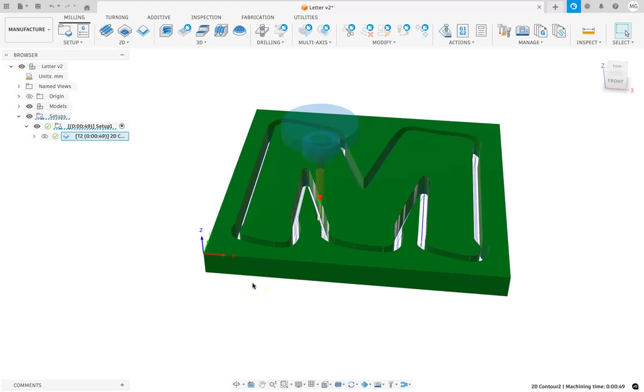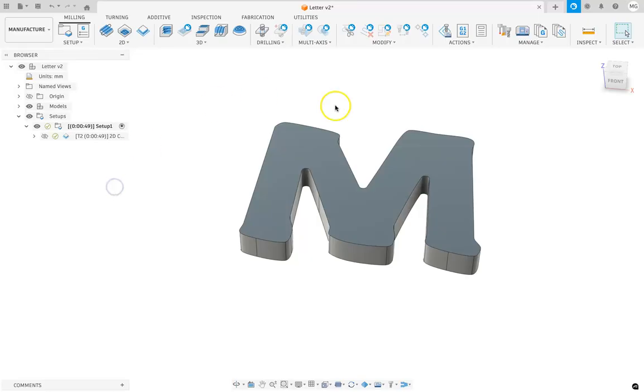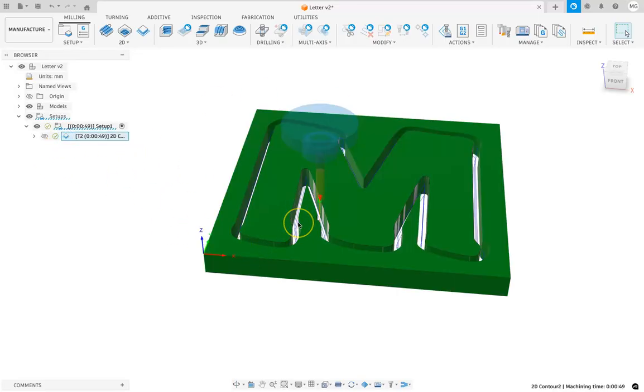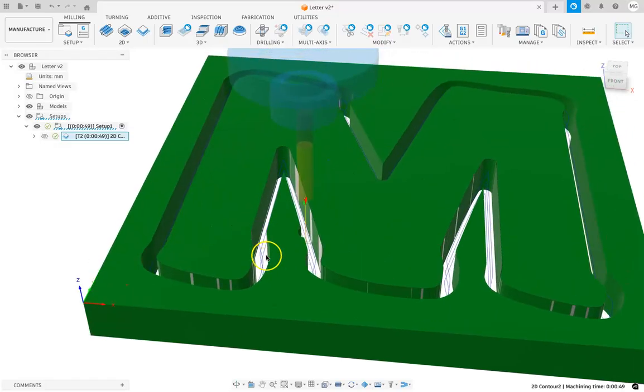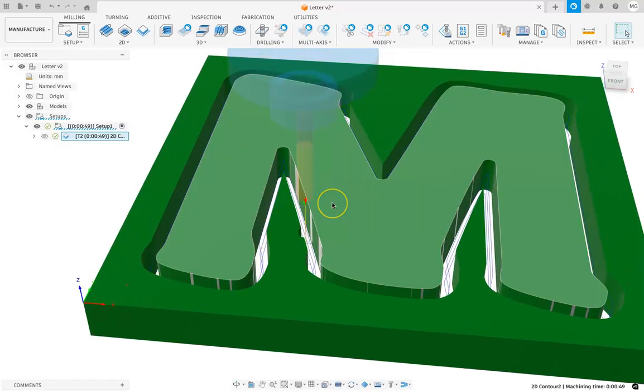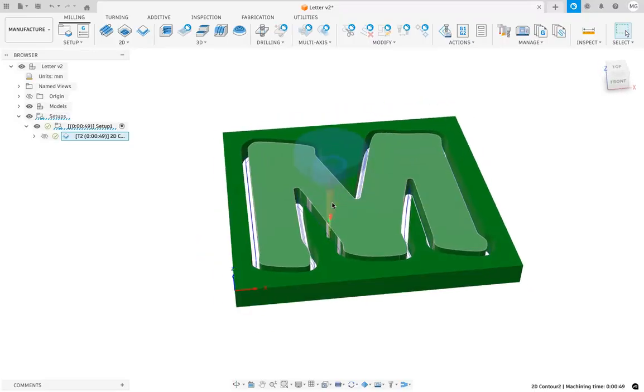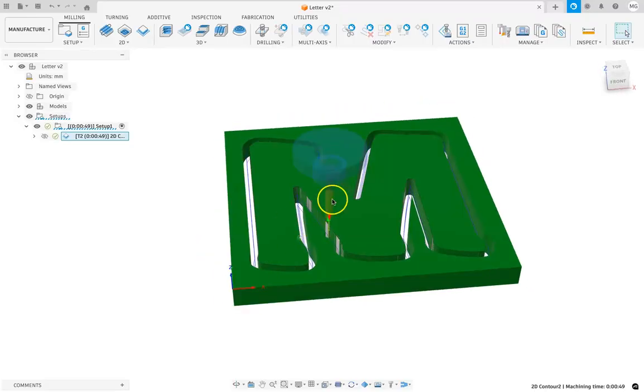Okay, so now we have our toolpath all sorted. We've simulated it. We've double checked that it's cutting multiple layers. We've kept our speed and feed at default. And what we need to do is we need to